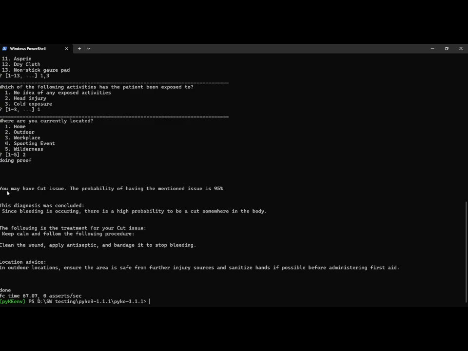So with those, it will first give the diagnosis. So it's a you may have cut tissue, and the diagnosis is given with an uncertainty score. So here 95%. There's a 95% probability that I have a cut issue, and it also gives an explanation why this diagnosis was concluded. Since bleeding is occurring, there's a high probability to be a cut somewhere in the body,